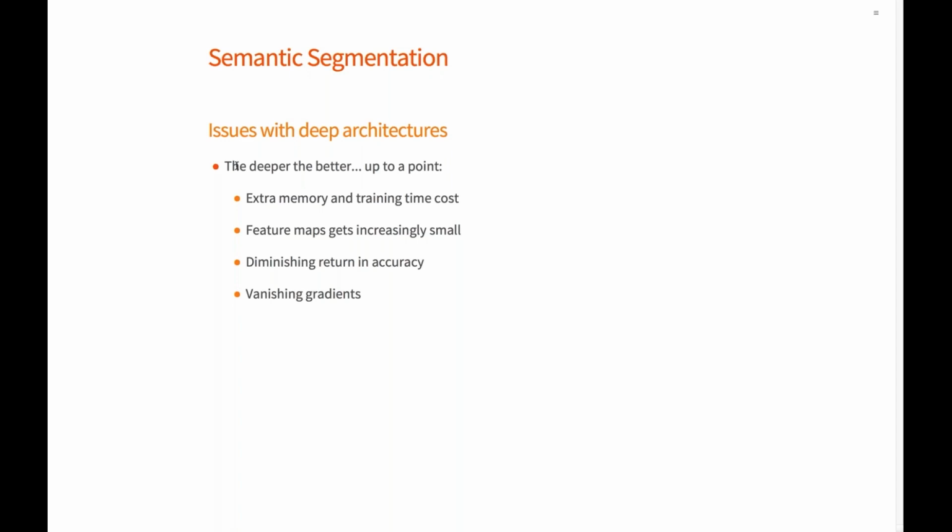Then you have intrinsic issues with this because feature maps get increasingly small the deeper your network. And if you don't make them smaller, then again you run into memory and training time costs because the networks become very big. Then there's a diminishing return in accuracy. So you don't get linear improvement by adding more layers. So the last improvements on ImageNet that were done following this let's add more layers approach were like a few % improvement, doubling the amount of layers, which is something that you cannot do to infinity. And then you have a problem, which is a problem of vanishing gradients that Marcus briefly touched on before.